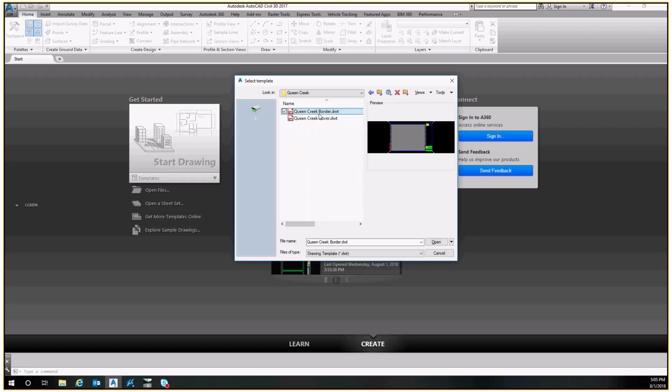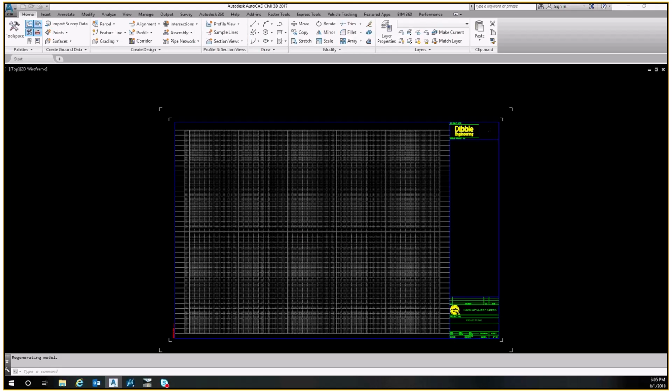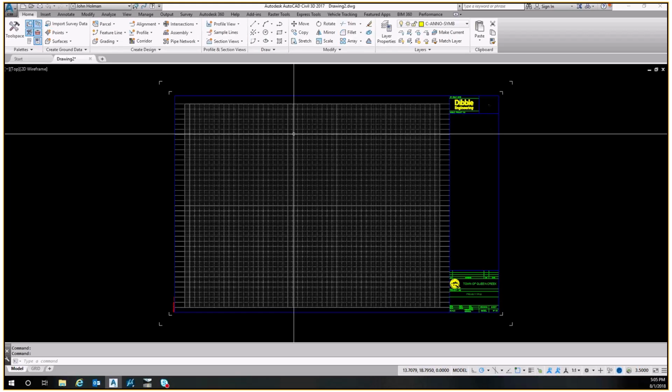And the border will be the border for sheets like the PLSH file. It uses an XREF in all the sheets, and then the cover is the cover sheet only. So I'm going to select the border because that's what we're dealing with here. And we're going to save this